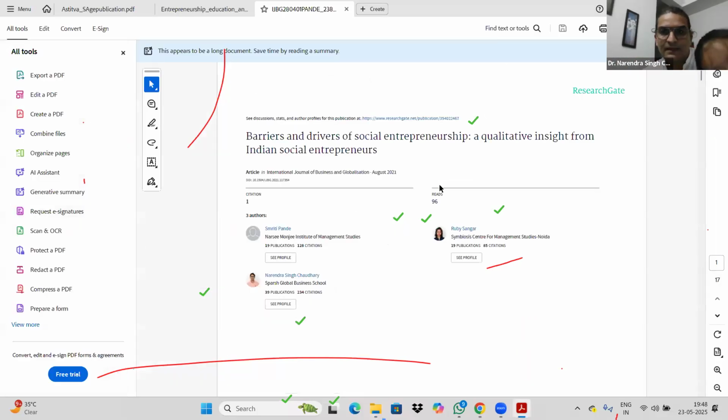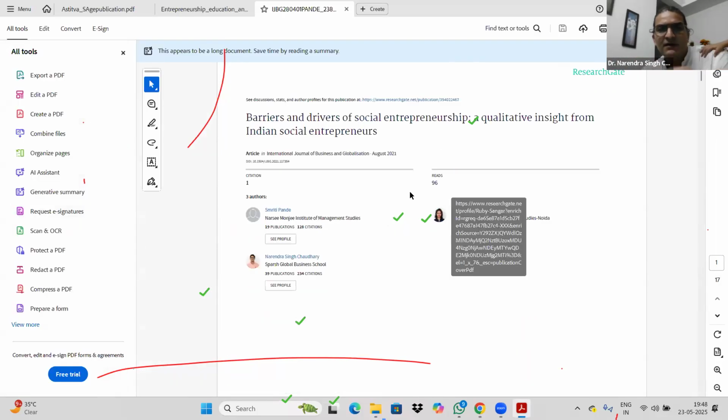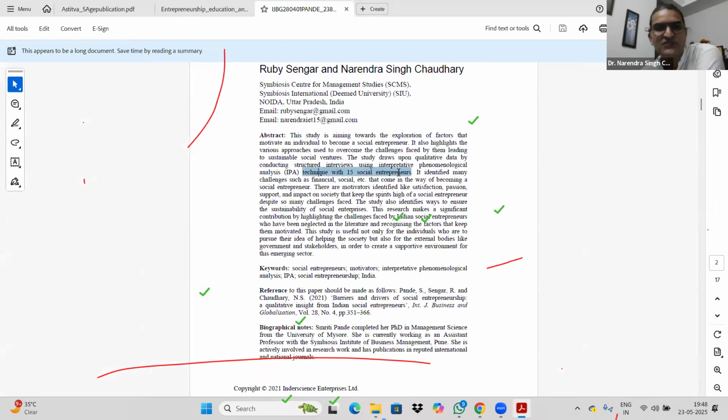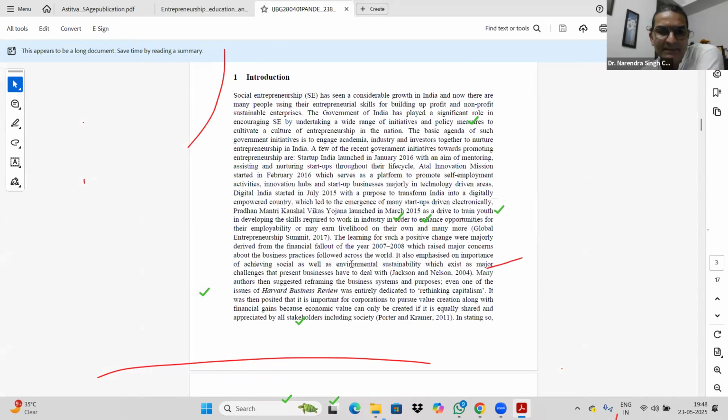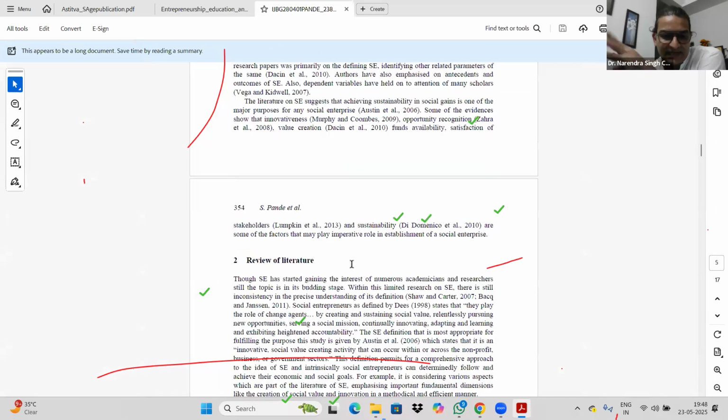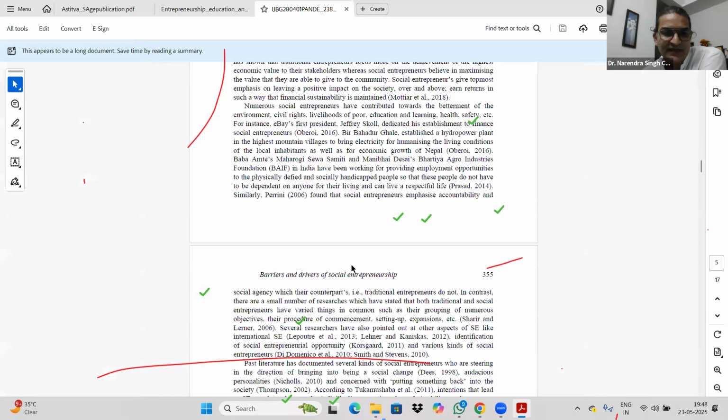Wait for me. Now this is one more paper, Barriers and Drivers of Social Entrepreneurship, Qualitative Insight from Indian Social Entrepreneurs. Now in this, I have used IPA. We have interviewed 15 social entrepreneurs, and when I share this particular paper, you are going to see how we have mentioned the different kinds of